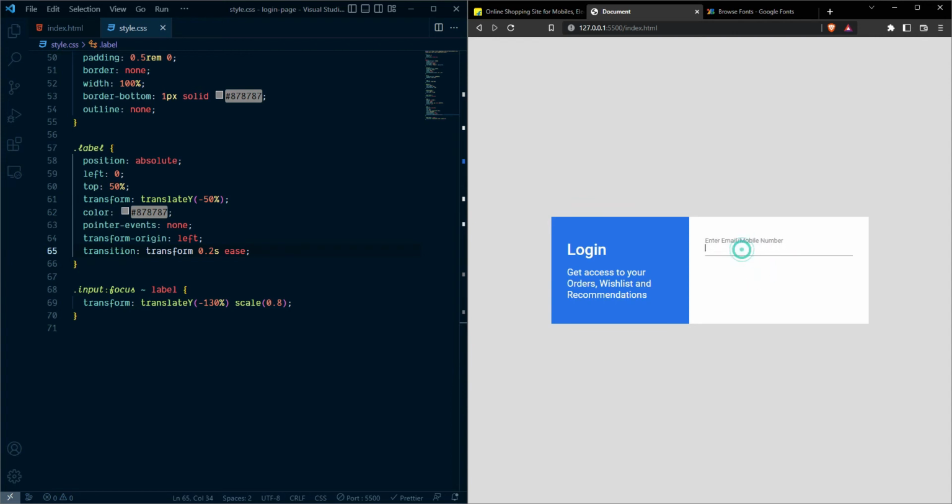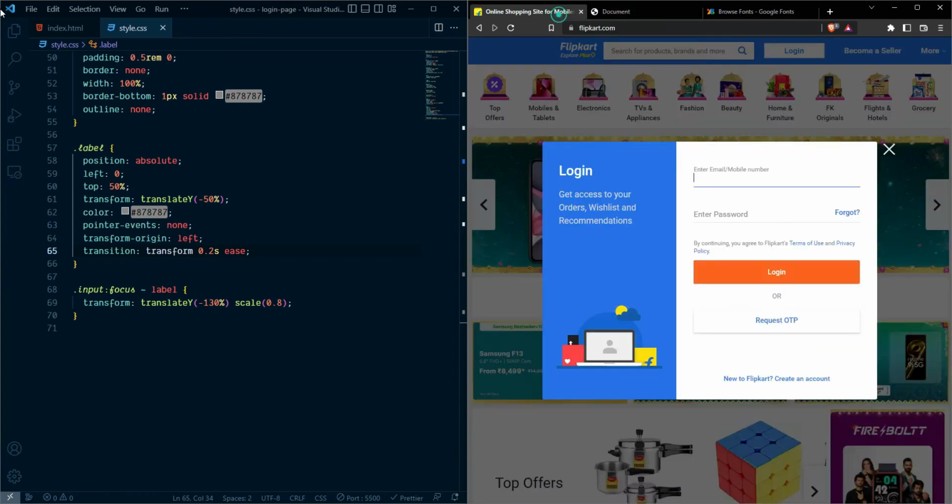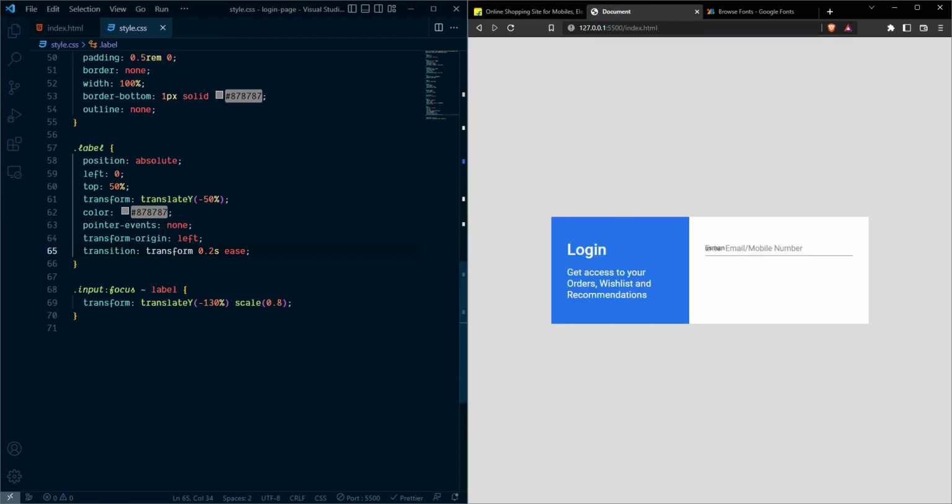But one thing here, we can type something and when we leave this input, the label comes again inside of the input. So whenever we type something and leave, we want the label to stay in the up section. So what should we do for that? We can use a checkbox and other JavaScript, but here we can do another thing. So here I am going to use input